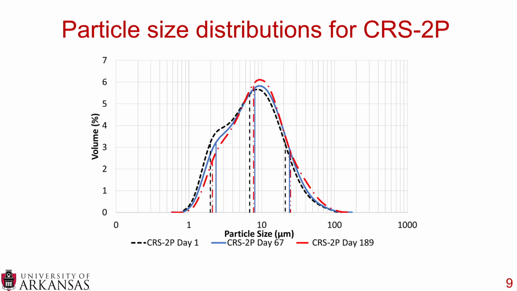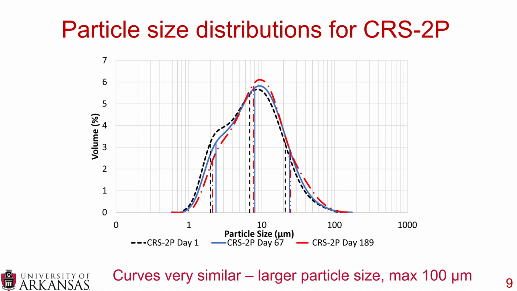Now for the CRS-2P, again, a different material and a different set of data. Here, the graphs are very similar. One could argue that maybe they shift up and to the right just a small amount, but this is just the average plots, and I would assume that that's within the deviation. So really, at the end of the day, the curves are pretty similar here between day 1, day 67, and